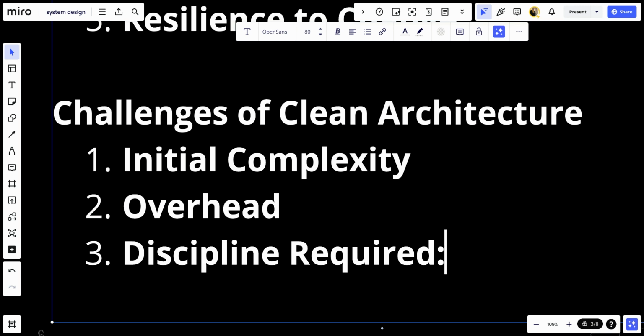Number three, discipline required. Maintaining the boundaries and principles of a clean architecture requires discipline and a thorough